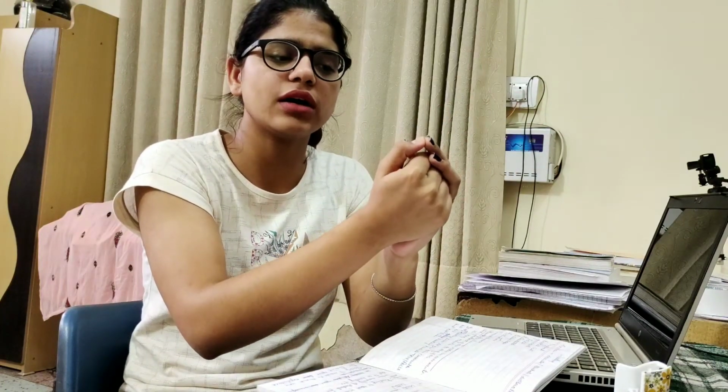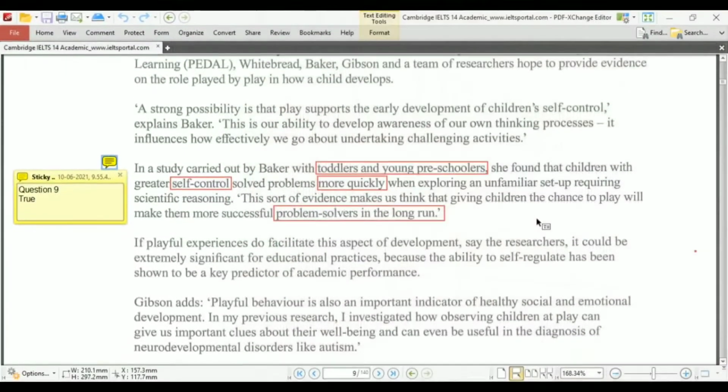Exactly the same means they will talk about the same thing. If they are talking about the life of Alexander, then at both places they will talk about the same thing, but the meaning should be exactly different. Let me give you an example, and then let's move forward towards not given. Now I'm taking the same example, and I will tell you how the true becomes false and how the same true becomes not given, in what situation, and this way you will get it more nicely as compared to different examples. I hope you like it.